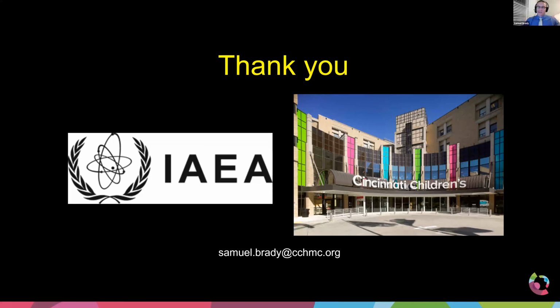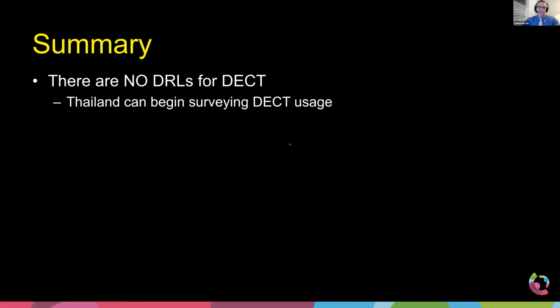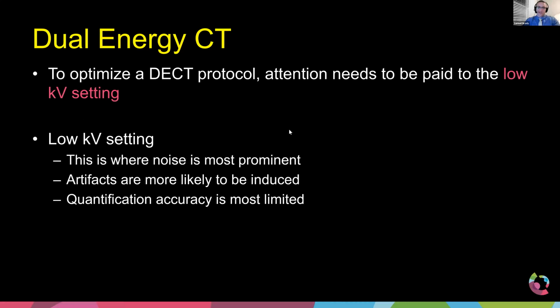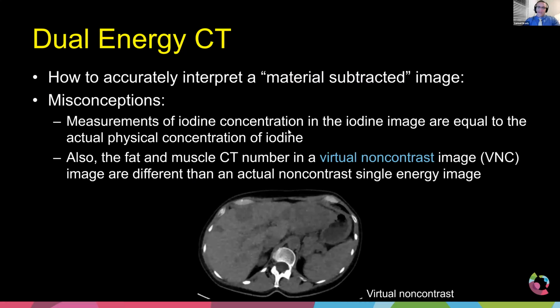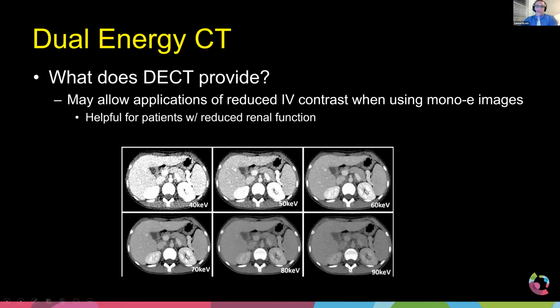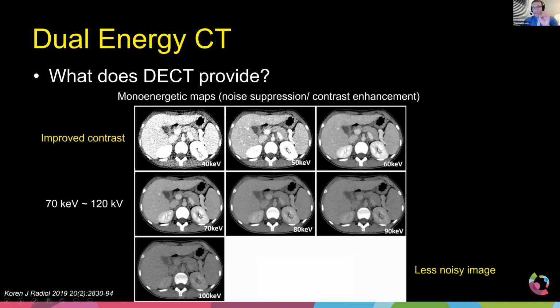But as I mentioned, I think one of the strengths in dual energy CT, especially for pediatrics, but it's the same for adults, is the ability to, come on, it stopped moving. There we go. To being able to look at the same image, the same patient, a variety of different ways. And so looking at these monoenergetic images,